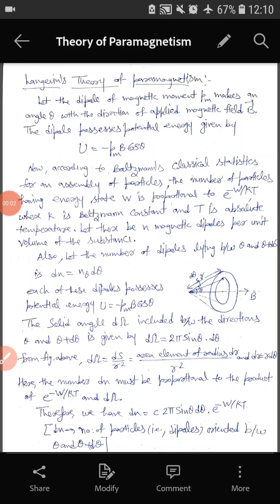Hello students. So today we will start our next topic, which is Langevin's theory of paramagnetism. It's the theory about the paramagnetic substance, and as we know about the paramagnetic material, every atom or molecule